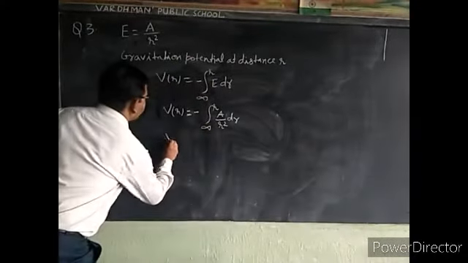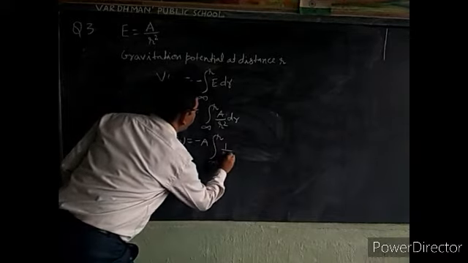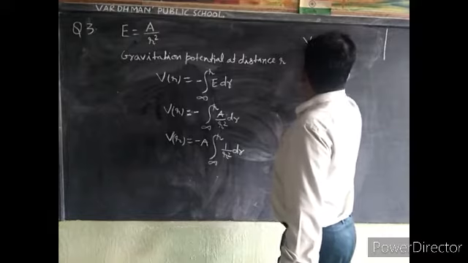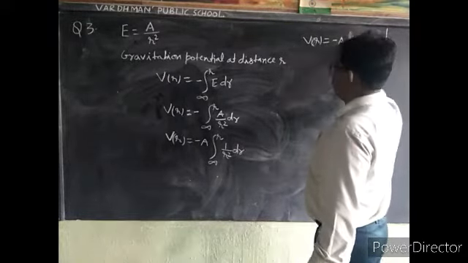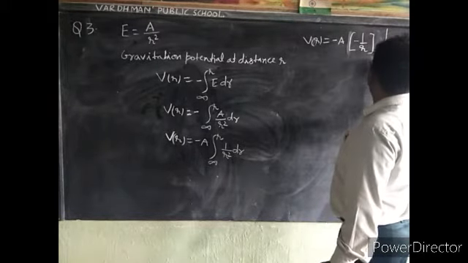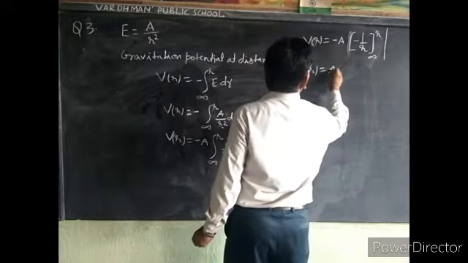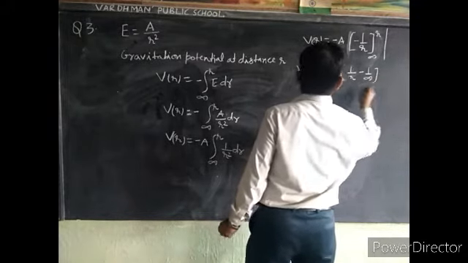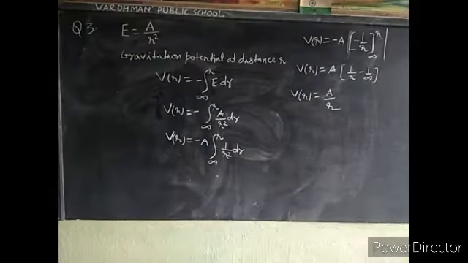Now we take out A common: minus A, infinity to R, 1 upon R square dr. We can also write Vr is equal to minus A, and the integration of 1 upon R square is minus 1 upon R, lower limit infinity and upper limit R. Therefore Vr is equal to minus, becoming plus A, 1 upon infinity, 1 upon upper limit minus 1 upon lower limit, that is Vr is equal to A upon R. Thus